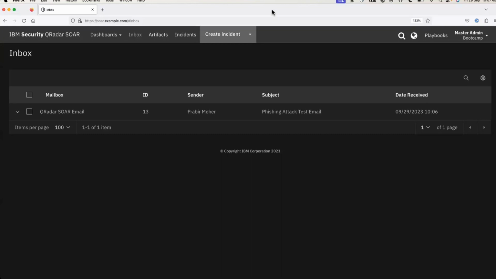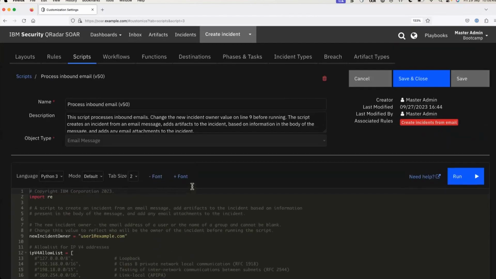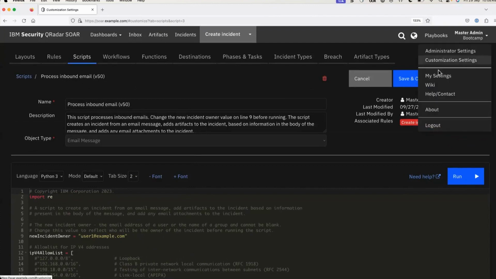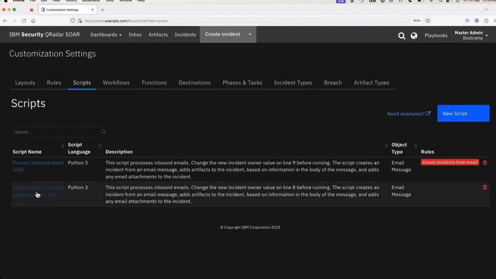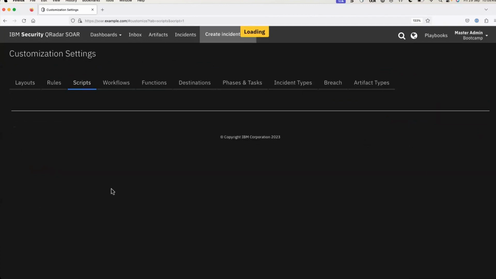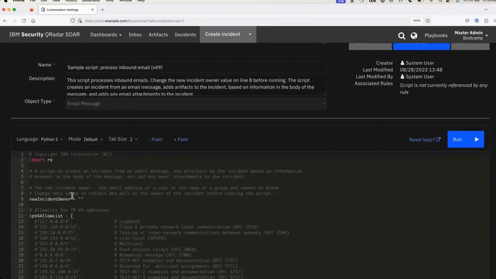Okay. So this is the only thing that I have changed. By default, when you go to the customization settings, there is a script, and this sample script is the default script. If you click on it, you will see a Python script, with the language Python 3. So instead of modifying the default one, we can copy and paste, Control A, C, and